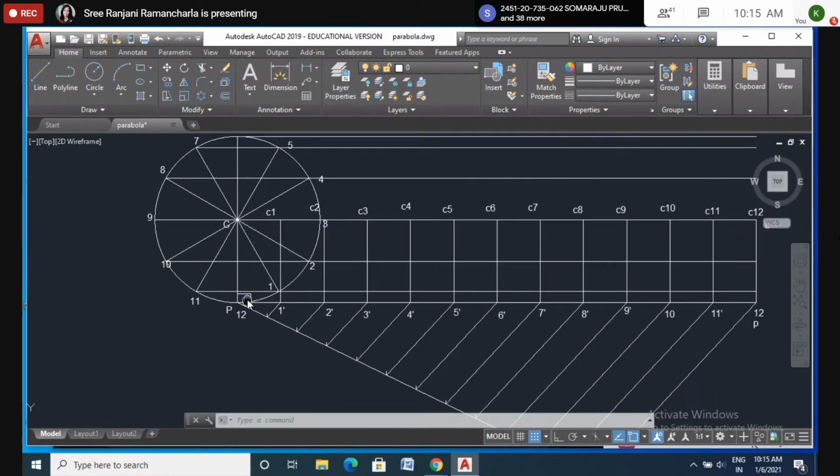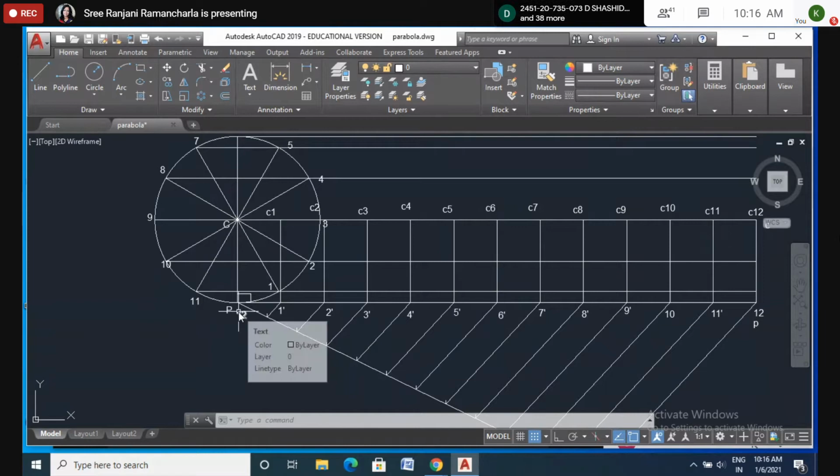Yes, ma'am. After drawing like this, draw all the lines parallel to the baseline. This is nothing but the path we can say. When the wheel is rolling on the straight path, we have to find the position of P. That is the cycloid. The curve made by the position of point P is the cycloid. Here make 12 equal parts and number them 1, 2, 3, 4, 5, 6, 7, 8 like that. Again here P and 12 are at the same point.